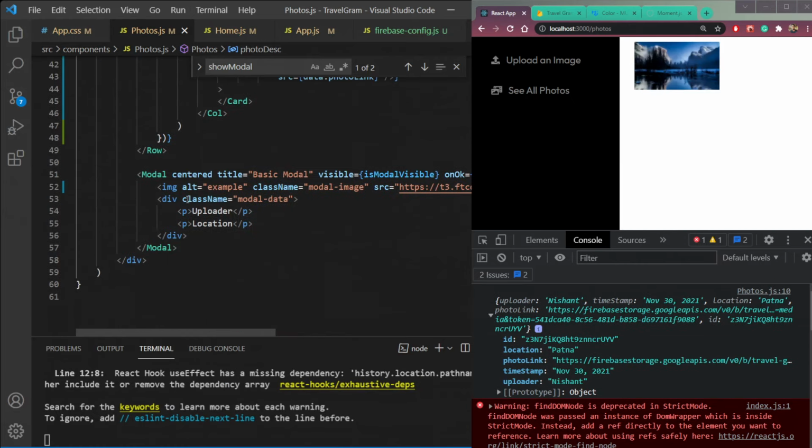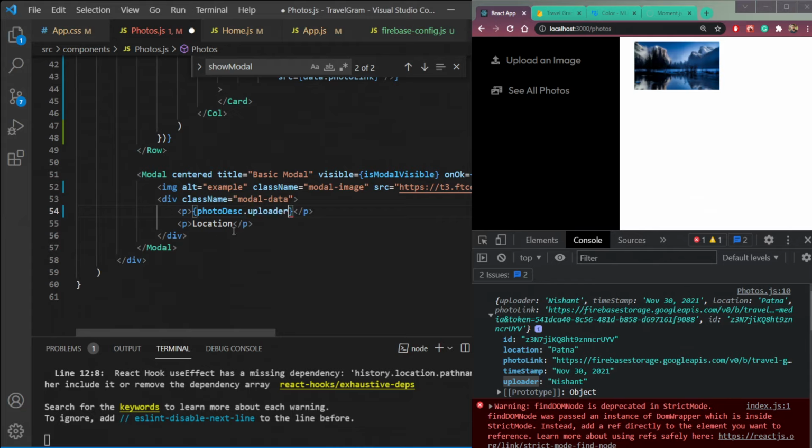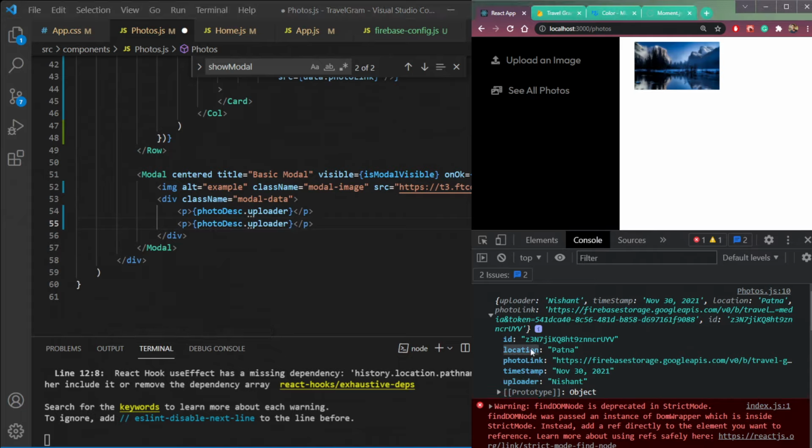then we can just say the uploader should be photo description dot the uploader, the name, and the second thing is the location. I think it was location. Put location here. Now let's check, and also the image we need to change.